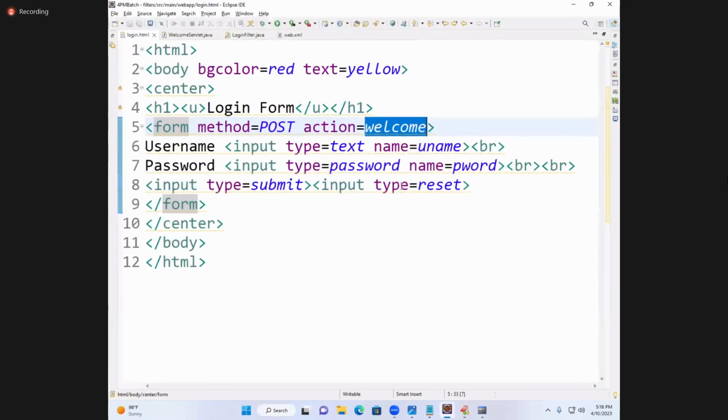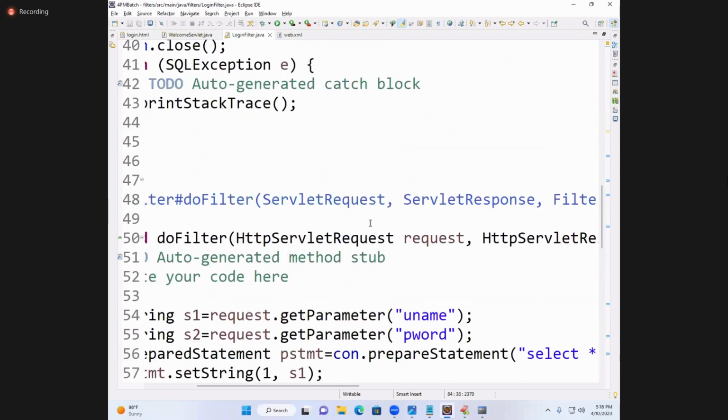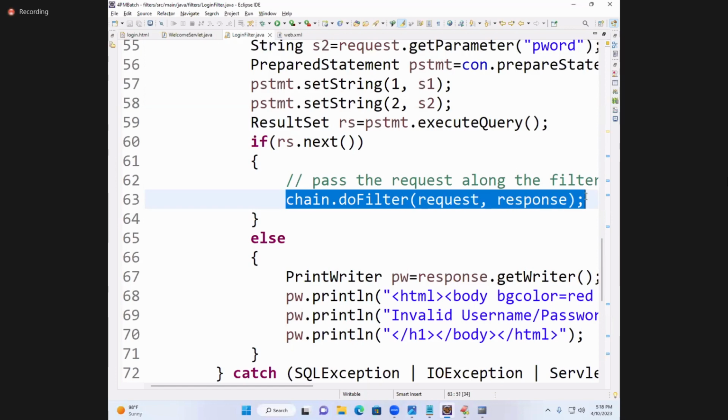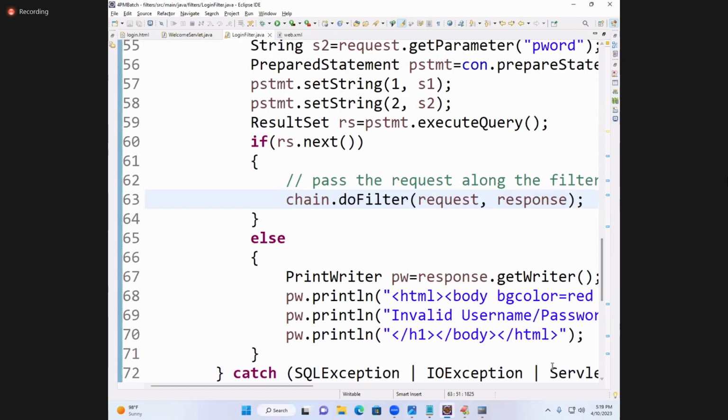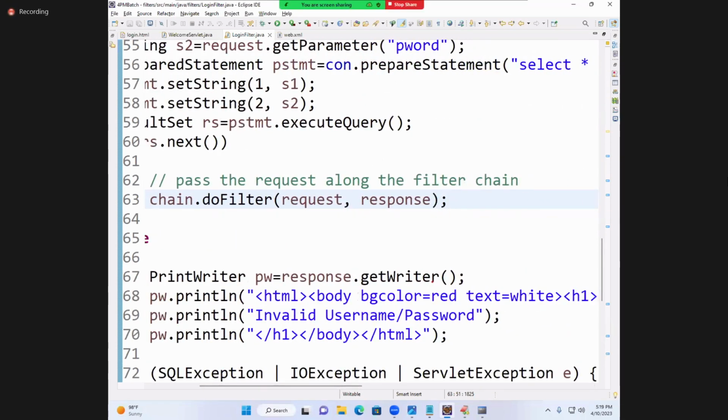But here we wrote it inside the filter, inside the if condition. This is this line. Note down. Here write it: chain.doFilter. This line indicates to the web container